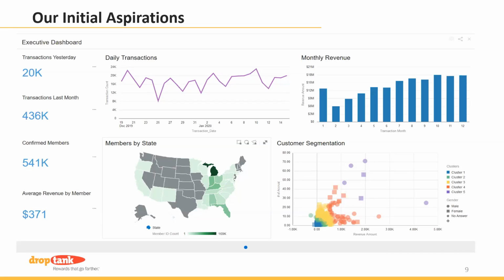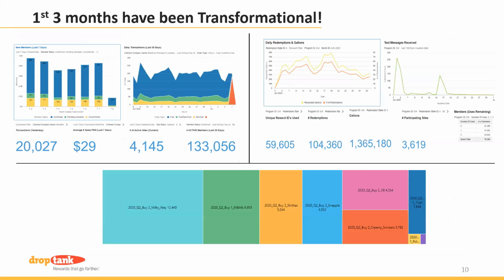So this is what kind of got our attention, and we wanted to have a visual of what was possible. This is real. These are dashboards that I've been able to prepare over the last 3 months. These are real dashboards that are being used today by our data stakeholders. I'm not spending my time compiling data. We've done all that plumbing of the data.